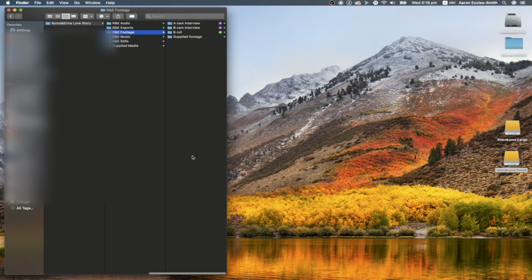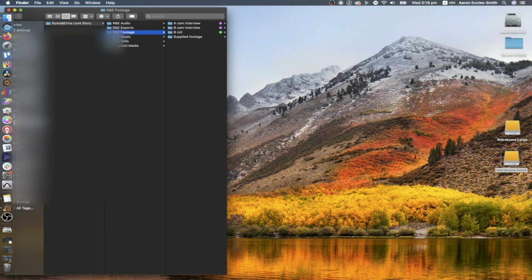All you have to do next is open up your editing program and import the project folder. And just like that, everything will be automatically sorted into keyword collections or bins. Let's jump into Final Cut Pro 10 and DaVinci Resolve and take a look at what happens when we import